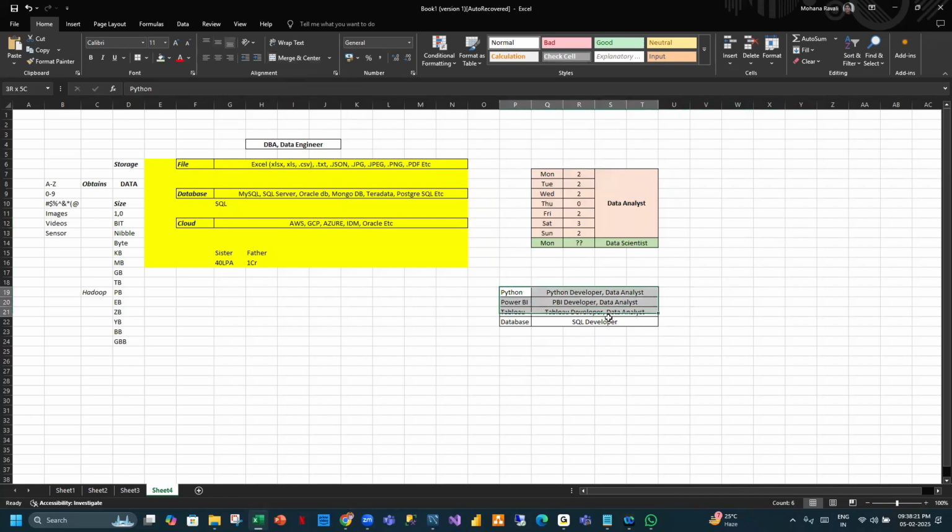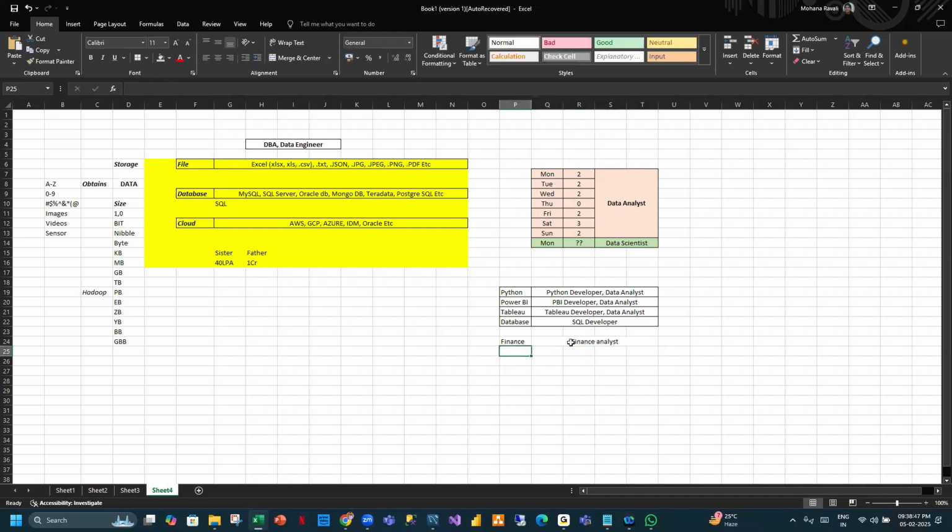Similarly, if you're called data analyst, and if you're working on finance data, irrespective of tool, whether Python or Power BI or Tableau or database, you're called finance analyst. Have you ever heard these terms? You are called finance analyst.